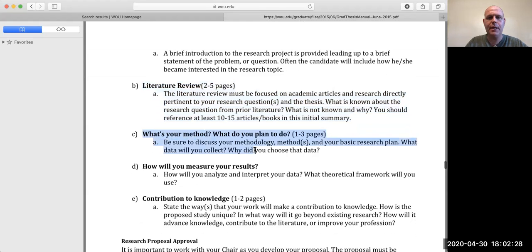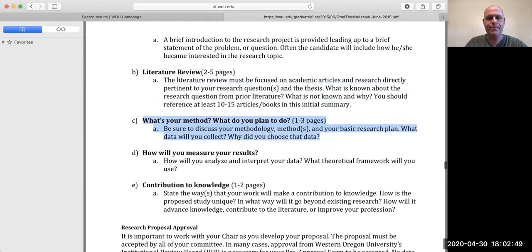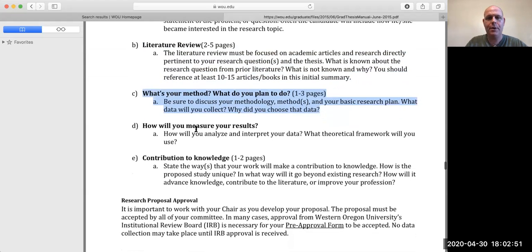You've constructed a research question. How are you going to go about collecting data and analyzing the data? Your committee wants to be able to see clearly that you have a doable research question, a good timeline for collecting data and research, and that the data you're collecting aligns well with that research question. How are you going to analyze it? Are they measurable? That indicates quantitative, but specifically if you're doing action research, you're looking at qualitative data